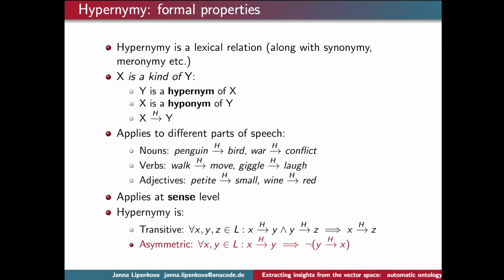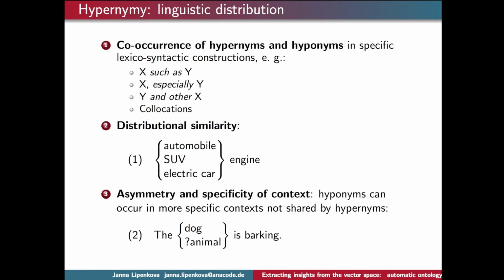In the following, we will not really go into the transitivity relation, but we will talk quite a bit about the asymmetricity relation, because this is something that can be learned from linguistic data, and this is something that allows us to determine the directionality in a specific candidate hypernymy pair. Now, what are the linguistic properties? There are three properties. There are certainly more, but I will focus on these three because these are also the three properties that we're using in our own approach to gradually build up our system for hypernymy discovery.